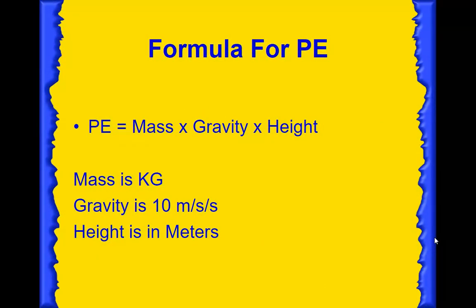And finally, the formula for potential energy is potential energy equals mass times gravity times height. Where mass again is in kilograms, gravity for us is going to be measured as 10 meters per second per second. So anytime you see gravity, you slap a 10 in there, and our height is going to be in meters. So that is the formula for potential